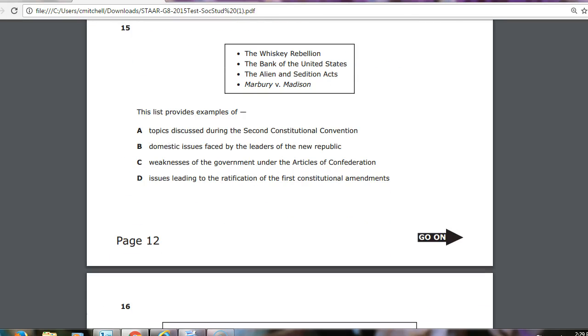Question number 15. The Whiskey Rebellion. The Bank of the United States. The Alien and Sedition Acts. Marbury v. Madison. This list provides examples of A. Topics discussed during the second constitutional